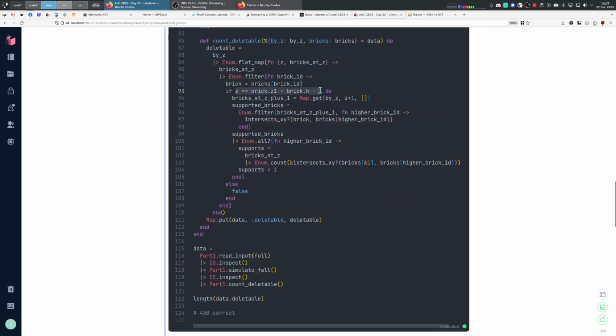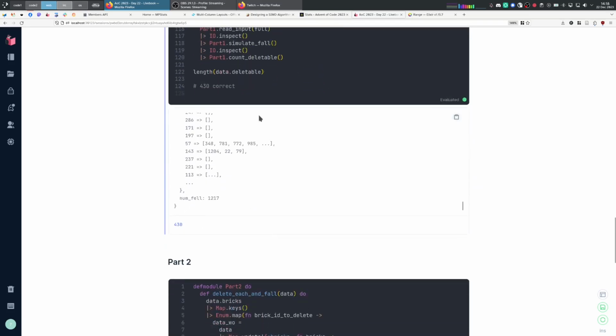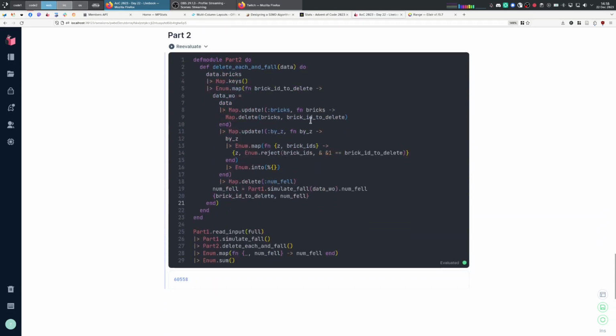And the only gotcha here is that when we have a vertical brick, we only want to do this check for the highest point the brick reaches. We don't want to do this check for the intermediate positions it occupies, just for the highest one. And then this was just a straightforward count. And then part 2,